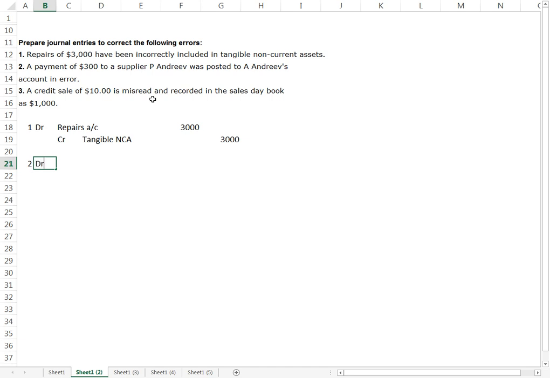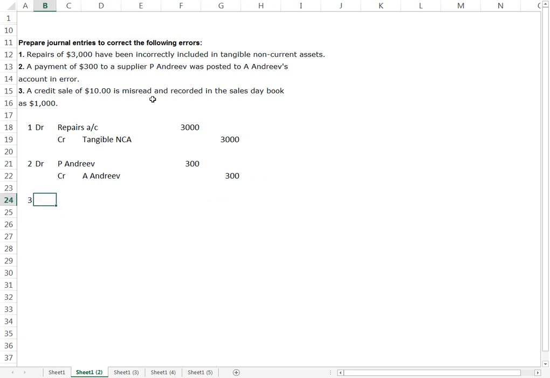So what we need to do, that is the correct entry, is to debit P. Andreev, because he was the one to whom we paid money. So debit P. Andreev by 300, and of course to take it out of the wrong account, we credit A. Andreev by 300. And finally, error 3,